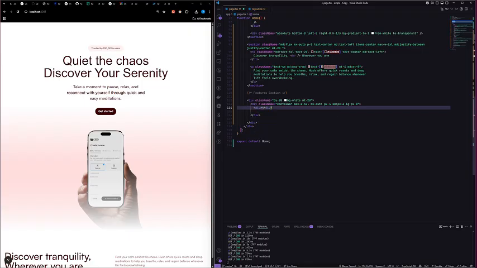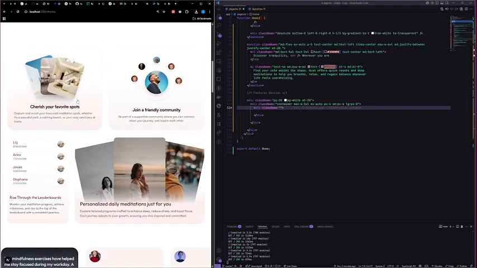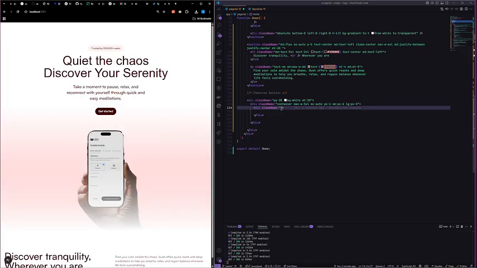Okay, so here we're going to give it a class name, and here we're going to give it the first card, which is this one. This is what we're going to be creating first, then this, then this, then this. Okay, so on the first card right here,